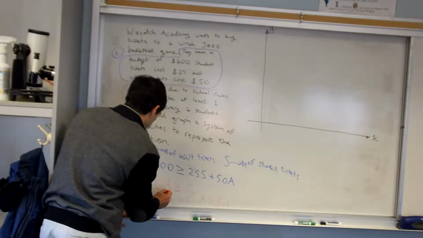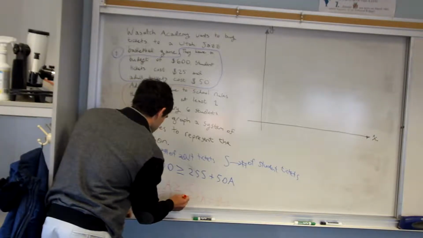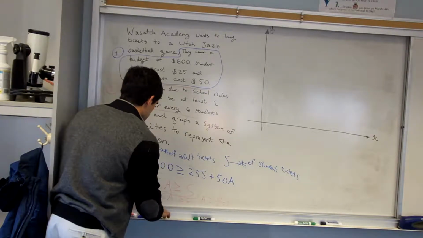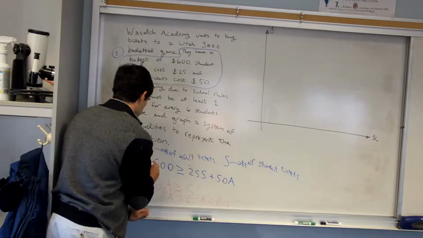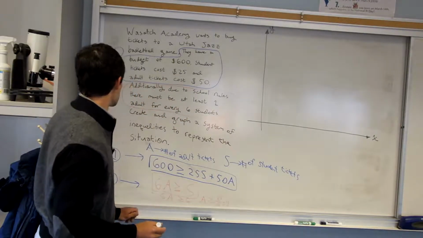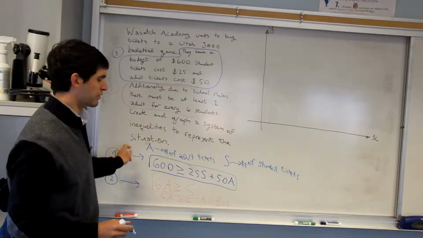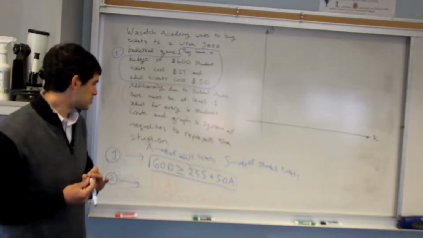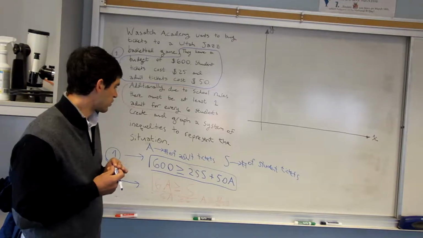So I'm going to circle, put our 2 inequalities in a box. And so we've done part 1 of the problem, which is we have created a system of inequalities. Now the question is, how do we graph this? So to graph our system of inequalities,